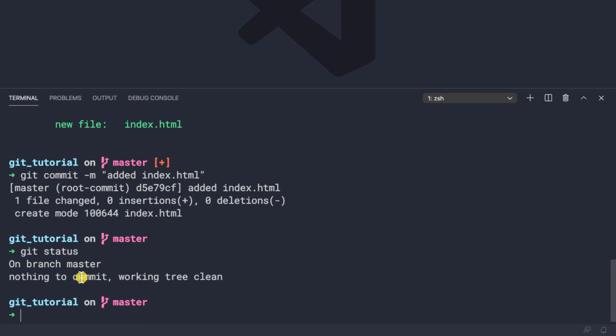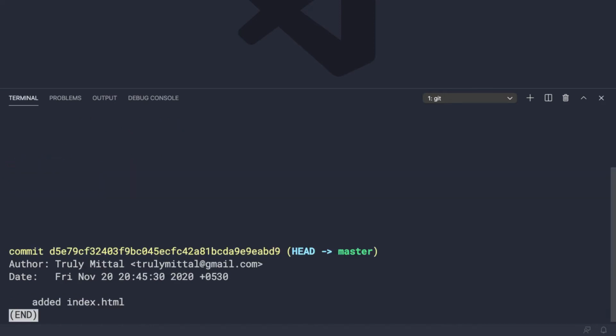Now let's talk about one more command, git log, to see the commits we have made. I'll simply say git log like this. Now we are inside some kind of editor here, basically the Vim editor, I suppose. We see we have the commit here. This is the complete commit ID, and our head is pointing towards the master branch.